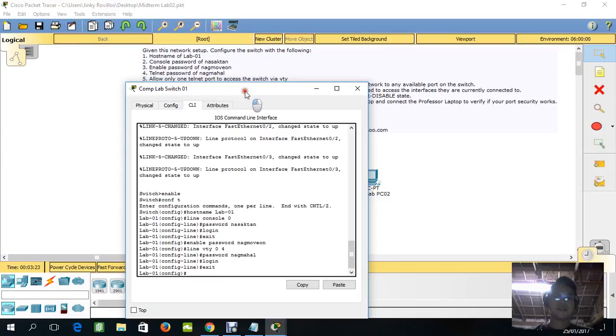The next one, problem number 5, allow only one telnet port to access the switch via VTY.